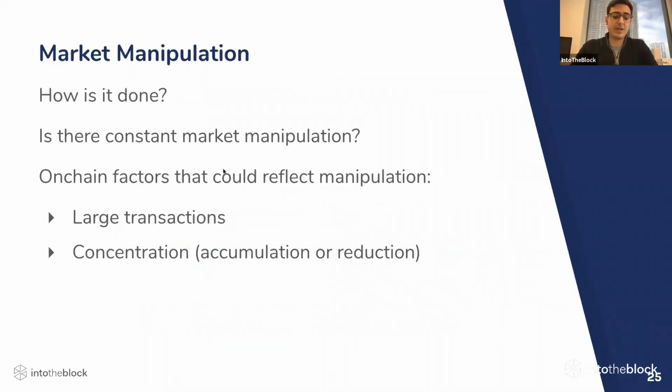So another factor that we can look at, and it's definitely been a hot topic and controversial in the Bitcoin market specifically, is market manipulation. Essentially, the way market manipulation is usually done is a buyer can go to a spot exchange, most of which are unregulated, and before the expiration date, they might decide to buy a large amount of Bitcoin or sell a large amount of Bitcoin to push the price of the underlying asset, Bitcoin in this case,